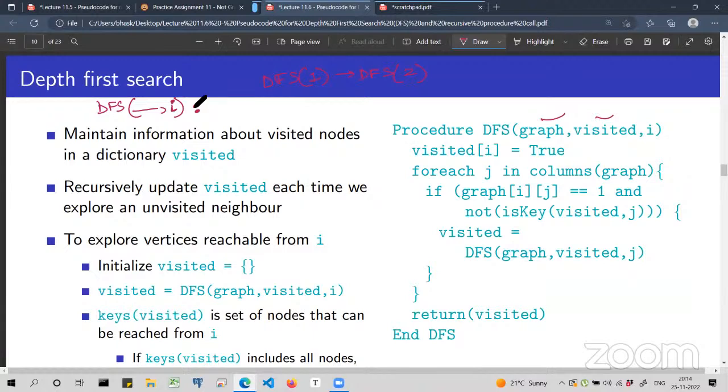Why it would be true is, see, I would just draw that. So first let's discuss this. DFS of I means the function is currently at vertex I. If it is currently at vertex I, that means I am visiting vertex I, because I am currently at vertex I, right? Since this function DFS of I means I am now at vertex I,